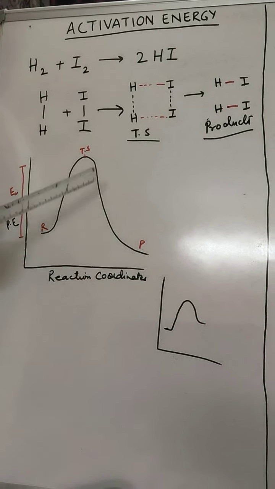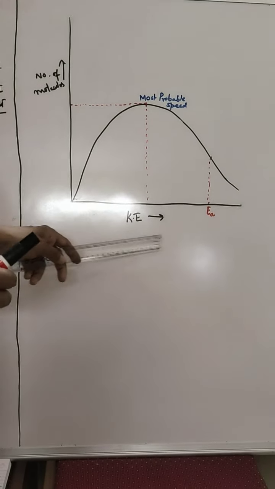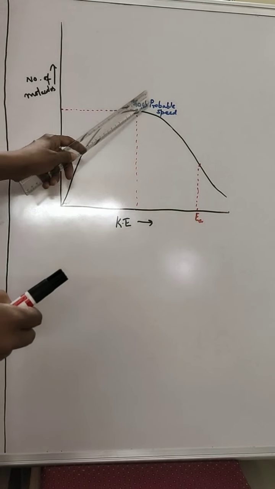Now let us go on to a very important picture, and this graph depicts basically the Maxwell and Boltzmann distribution. We had read about this graph in 11th standard also. Let us plot a graph between the number of molecules which are colliding with each other and the kinetic energy which is possessed by the molecules, right? And understand this graph. The shape of the graph comes like this, that we have already studied in 11th standard, and in between at the transition state we have a particular point where this is the most probable speed.